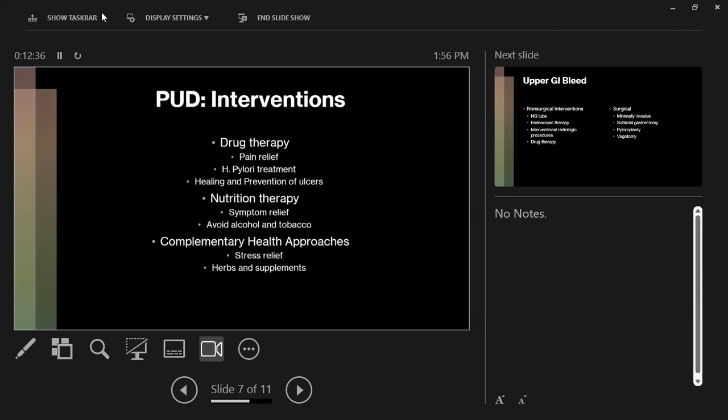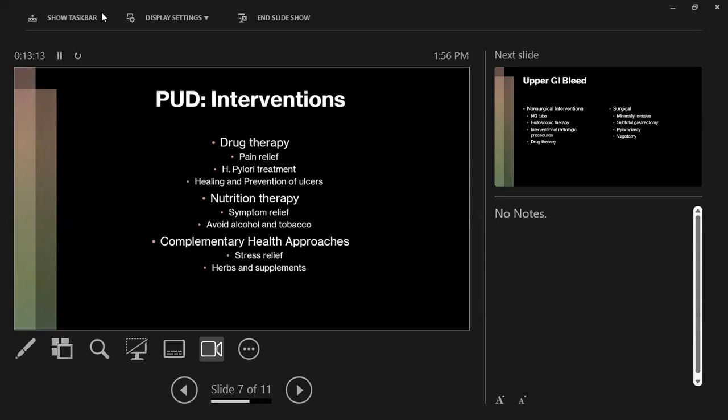So our treatments for our patients with peptic ulcer disease, we can treat with drug therapy. And that, of course, will just be pain relief initially. And then with H. pylori patients, treatment usually involves triple medication therapy, where they're treated with a PPI and 2 antibiotics, typically metronidazole or Flagyl, and then either amoxicillin or tetracycline. And some providers will even treat with a 4th drug, bismuth subsalicylate,